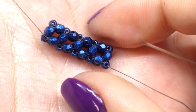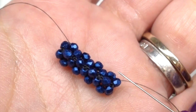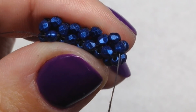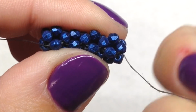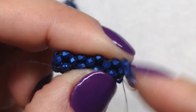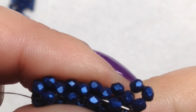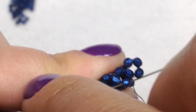Alright, so we have our 4 cubes completed, and now we're ready to build on that and add 3 cubes going up this way to make our V. So from this point coming out of this bead right here, out of that end, we want to add 3 more 2mm fire polish and then go through the opposite hole of that bead on the end, just like we did before, and that's going to be angling up that way. Now go through the 2mm that is directly next to the one that you're coming out of